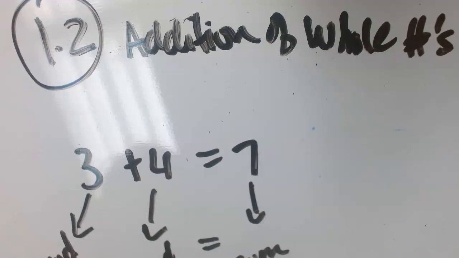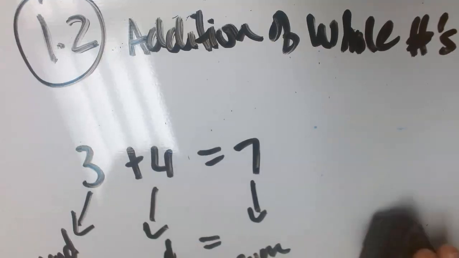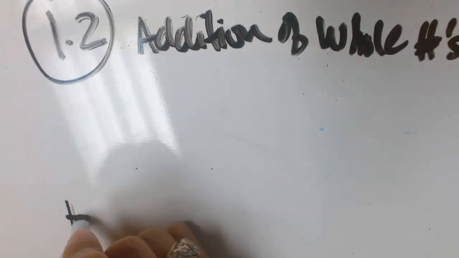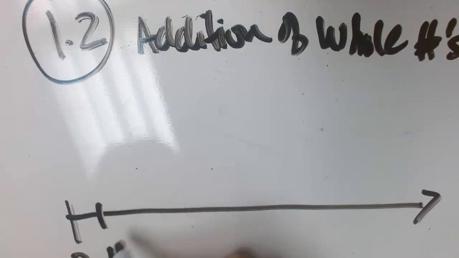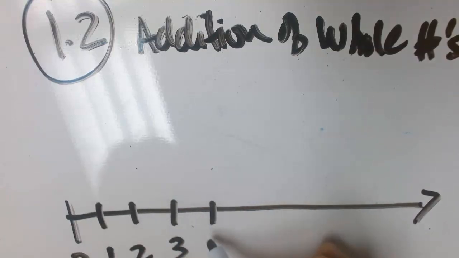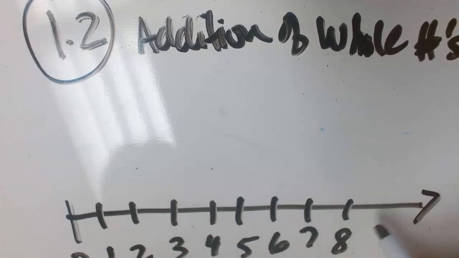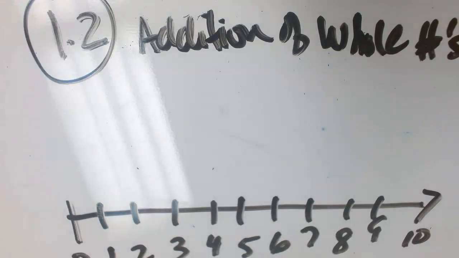Okay, and so addition can also be illustrated on a number line by using arrows to represent the addends. Let me show you what that's referring to. So if we have 0, 1, 2, 3, 4, 5, 6, 7, 8, 9, and 10. All right, what does that look like on a